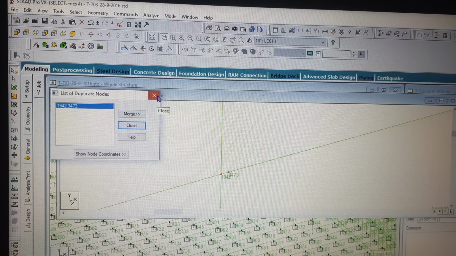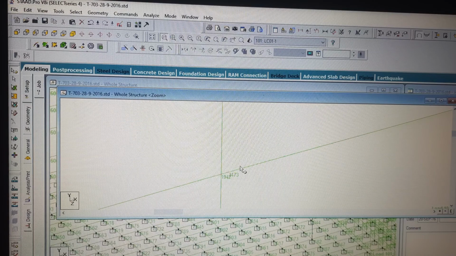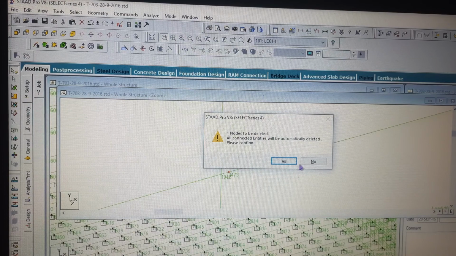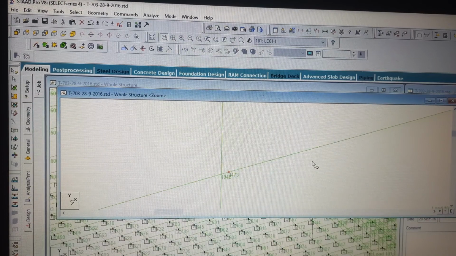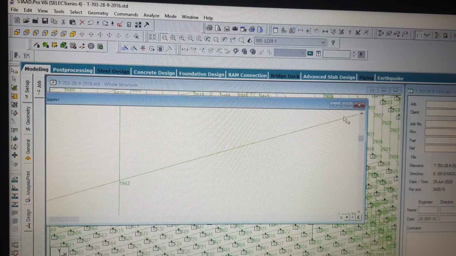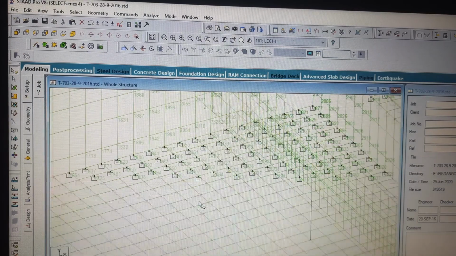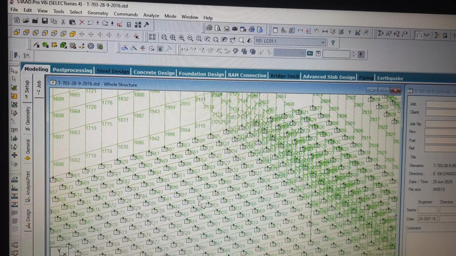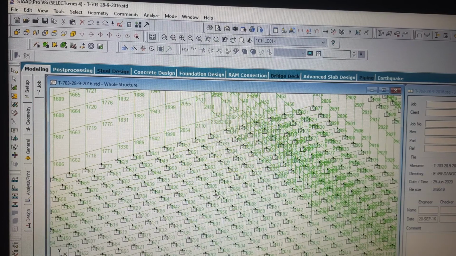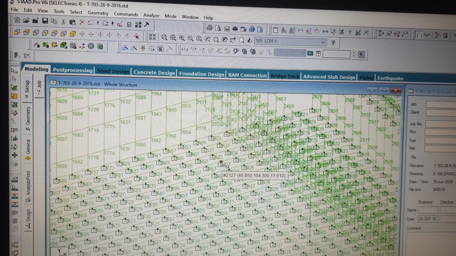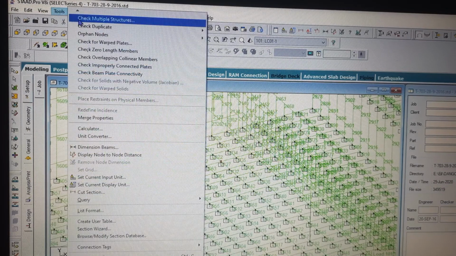In critical structures lots of problems arise and some duplicate nodes get created, and that creates problems while analyzing, because generating the stiffness matrix and all these things are disturbed by these anomalies. These anomalies can be checked and modified through the check duplicate node functionality.